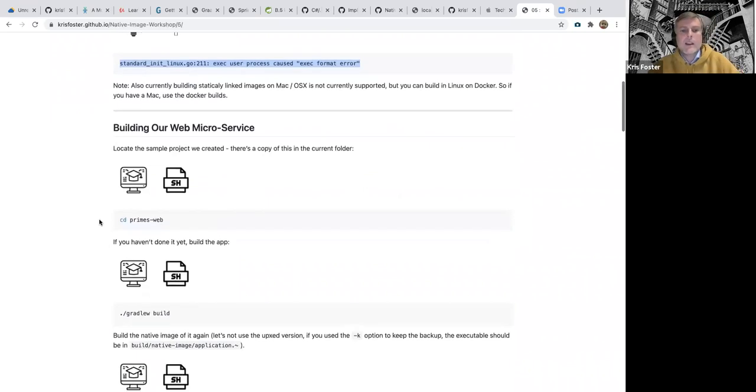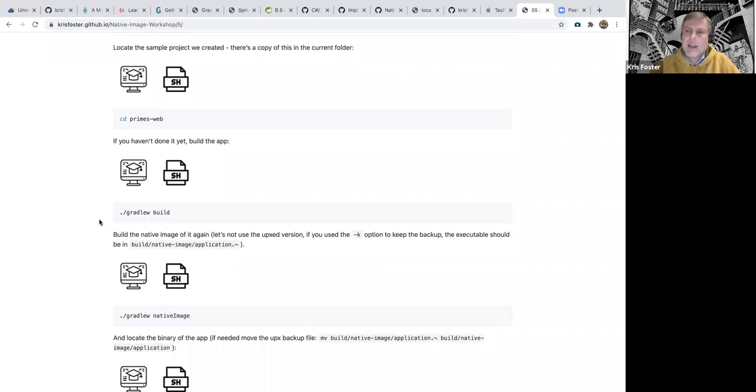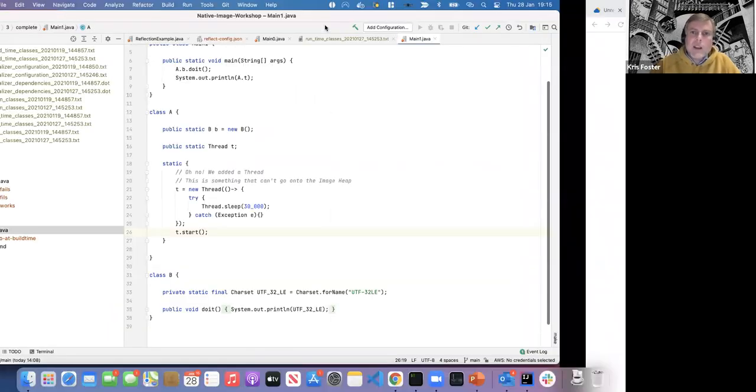So we're going to switch now to taking that basic app that we've been building with Micronaut, and now we're going to expose it as a microservice. And if we take a quick look at that,